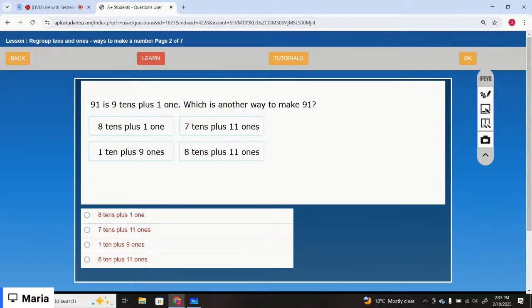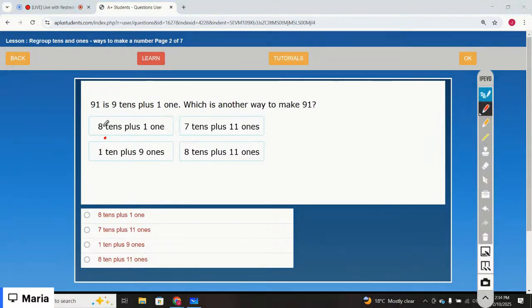91 is 9 tens plus 1 one, which is another way to make 91. So we have to find another way to make 91, right? So you're given four options. 8 tens plus 1. 8 tens means 80 and plus 1 makes 81. That isn't the correct option, right? Now 7 tens and 11 ones. 7 tens is 70 and 11 ones makes 81. That is also